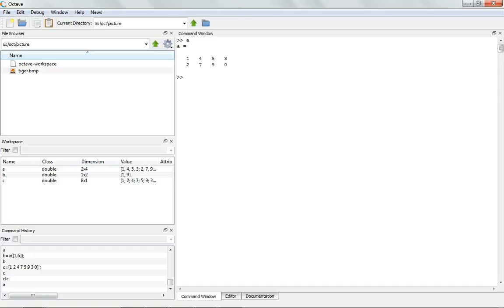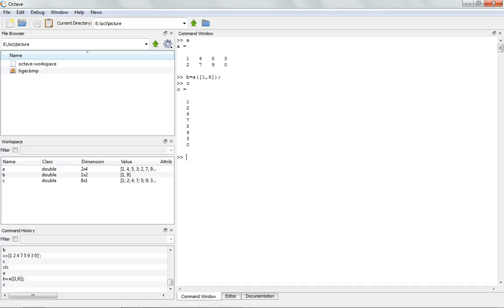Now there is a special command, let us see, that is b = a(1,6), where b is the output variable, a is our array, and only 1,6 written within the square brackets represents the indices. When only one index is written for a 2D array, the 2D array is converted to a column matrix like this. So 4 and 7 is brought under 1 and 2.